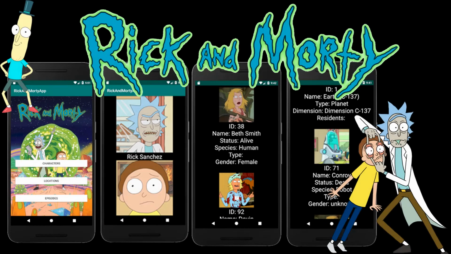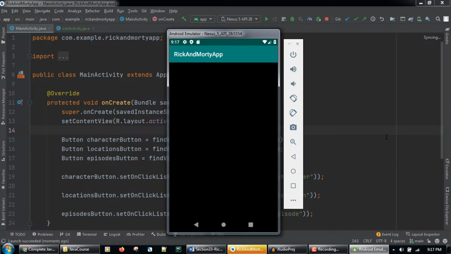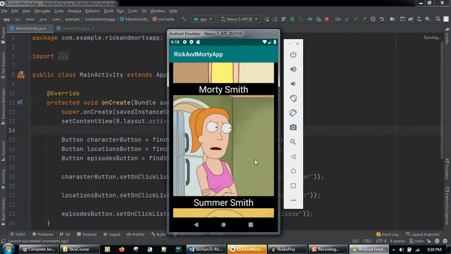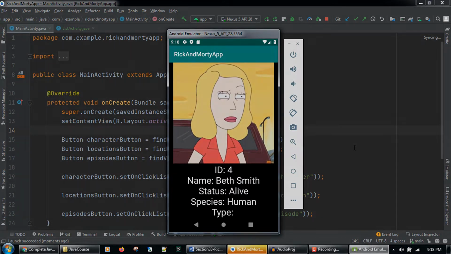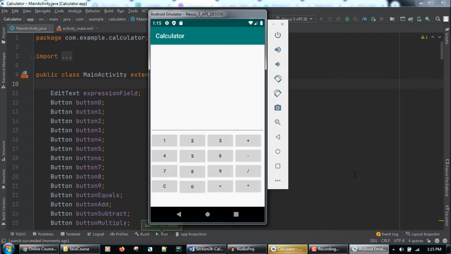We will use the Rick and Morty API to develop an app that pulls resources via requests to a server and dynamically loads content displaying the characters, locations, and episodes. We'll build a calculator app which will give you hands-on experience working with constraint layouts and acclimate you to the